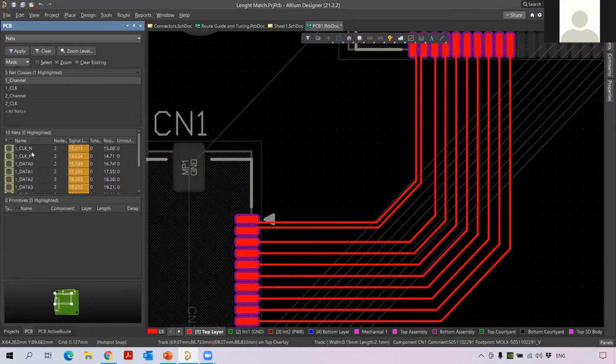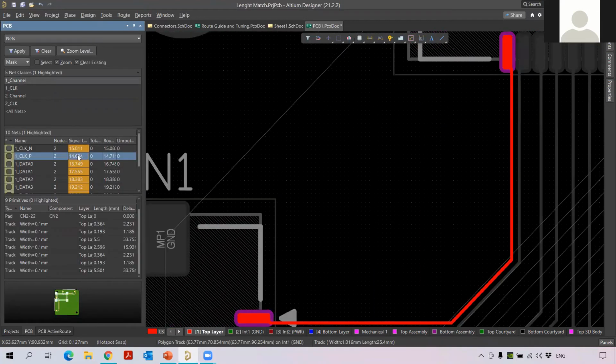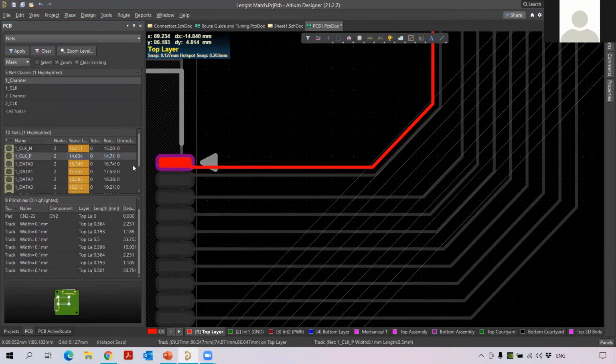But if you see clock underscore n and p, these are differential pair nets. For the differential pair nets, the negative net is longer and the positive net is smaller. So first of all, I need to match these two. To do that, I select the positive net first, and then match it with the negative net, using length tuning.